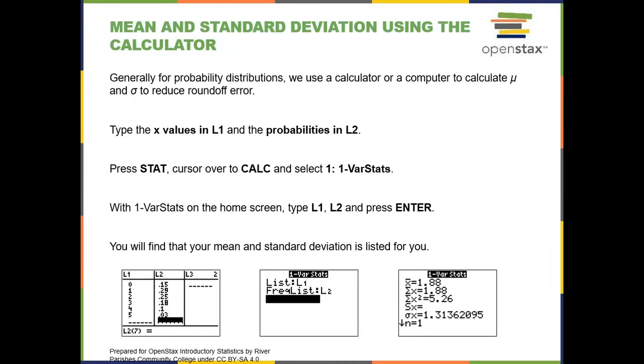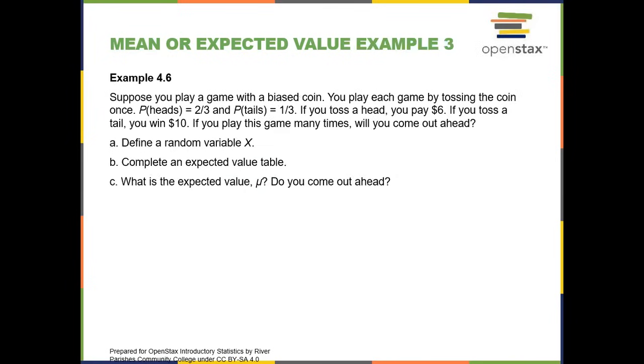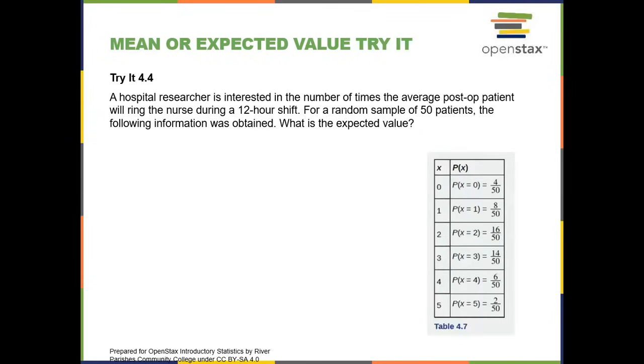Here they tell you how to do it using the calculator. So maybe this one we can do with a calculator. First we have to know what is 4 divided by 50, because we have to express all the probabilities as decimals, because the calculator does not take fractions. So the first one is 0.08, the probability 4 out of 50.